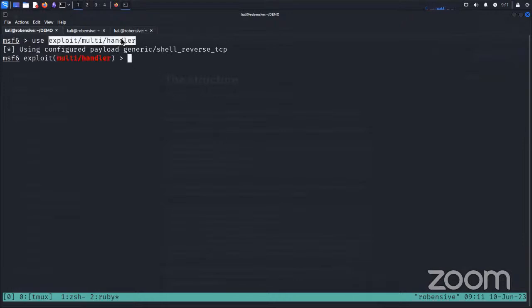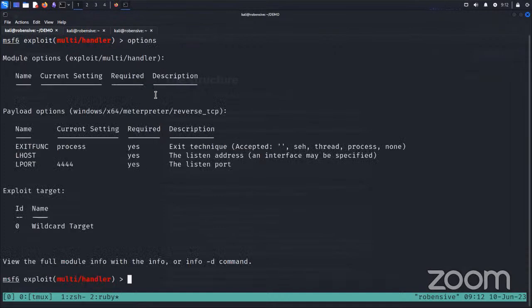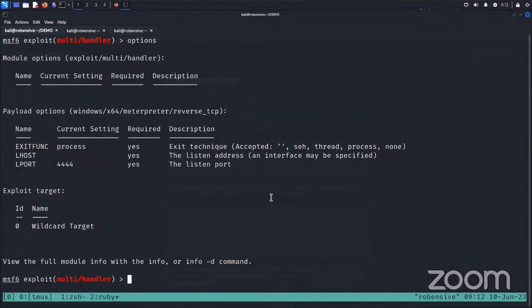Multi-handler is a specially crafted handler, or I can say a specially crafted exploit, where you specify the shellcode or payload you have used, and it will support the listening activity for the same. So I'll set a particular payload, which I have already copied. I'll hit options, and it will show me all the payload options that can be supplied to it. Now, if I just set LHOST